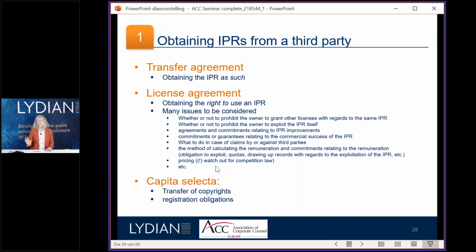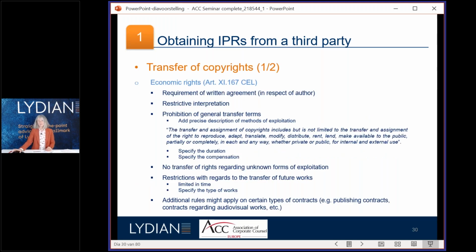Of course, we cannot go through all these detailed questions and checklists, but we have selected two main issues where we have faced most of the problems we have to solve. This is really the issue with regard to copyright and the registration of the rights that you transfer or license. Copyright is subject to some harmonization directives, but not a global one like you have in trademark rights or design rights.